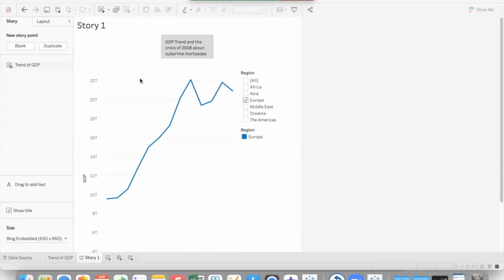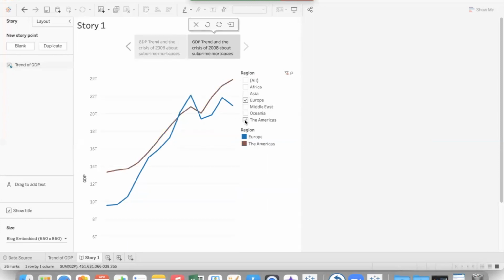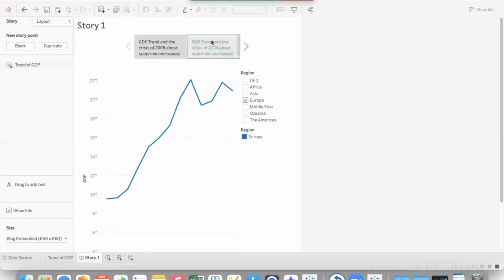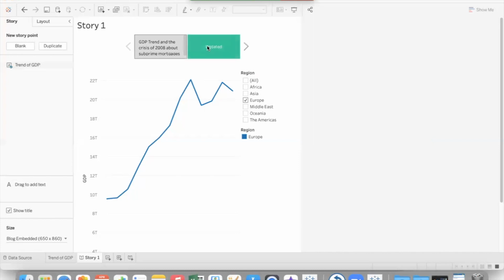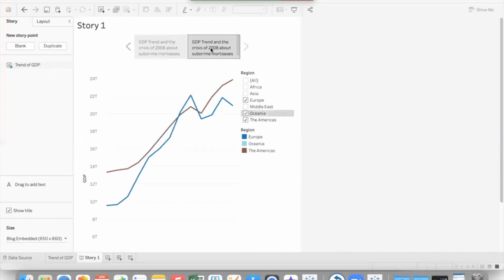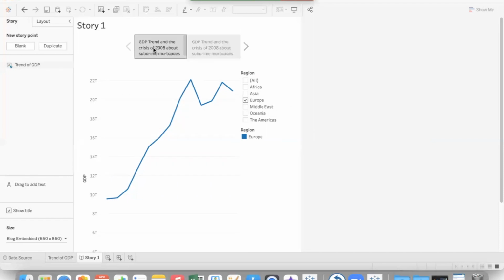And then we can duplicate this story in order to show even Europe. So duplicate this story point, and we can add the Americas too, in order to see the difference. Go back to the first page. You see that the second page was updated, just to let's see these characteristics, changing the analysis. When you move to another point, Tableau signals that the analysis is updated. So go back here,